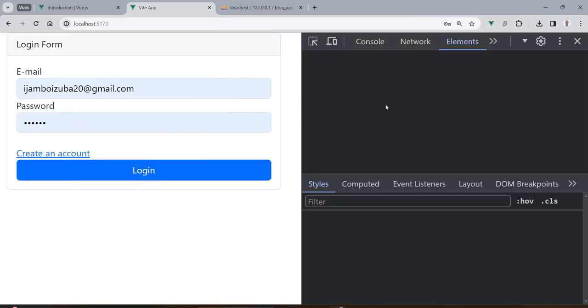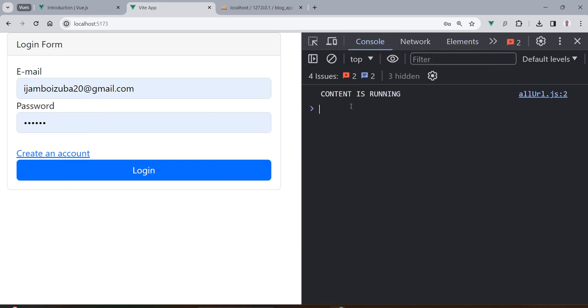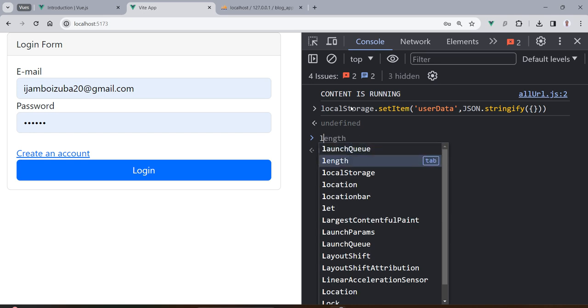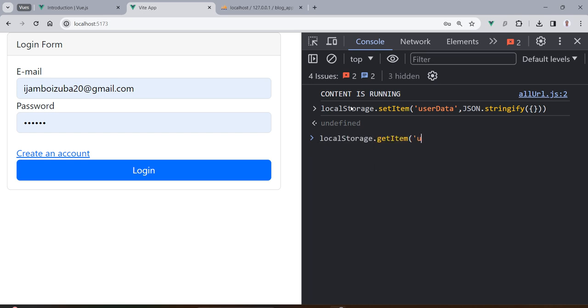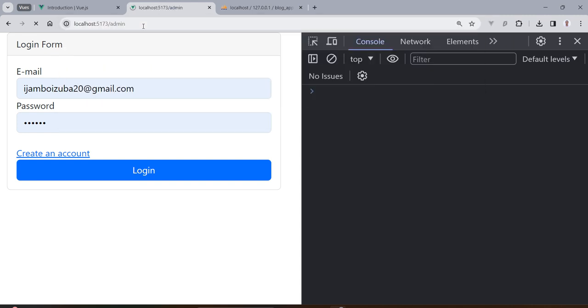But let me show you something, guys. I need you to understand. If I do localStorage.setItem userData, and then I'm gonna pass it JavaScript JSON.stringify with an empty object like this, then you can see we got user data. And if we do localStorage.getItem userData, we can see we got an object. And if I go to the admin page here, I type admin, you can see I